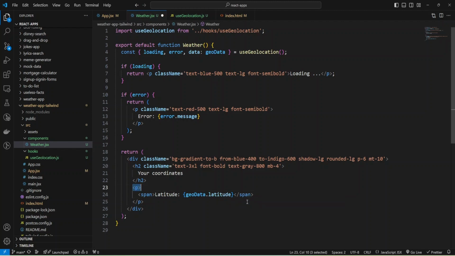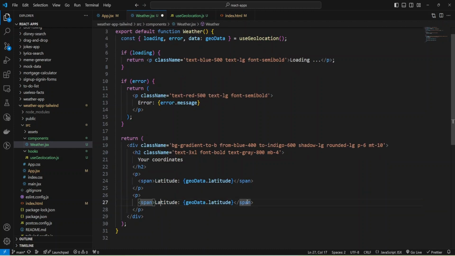And the same paragraph I need for longitude, and use data, my geodata. Okay, and let's check what we have.